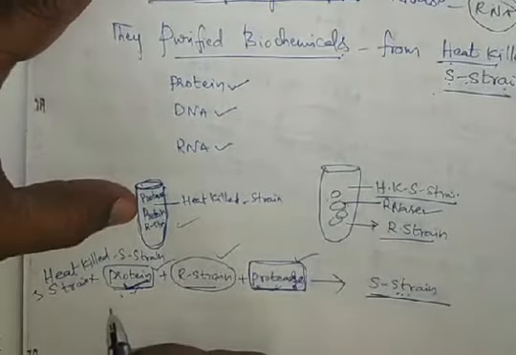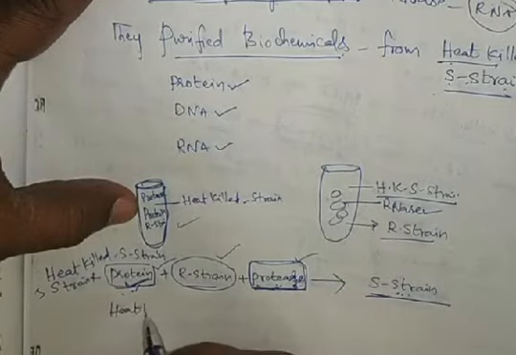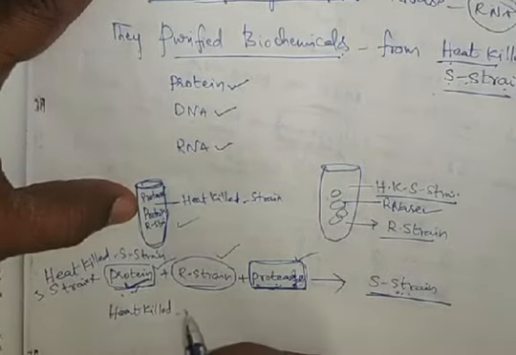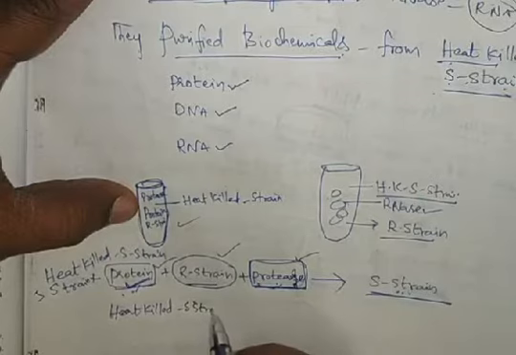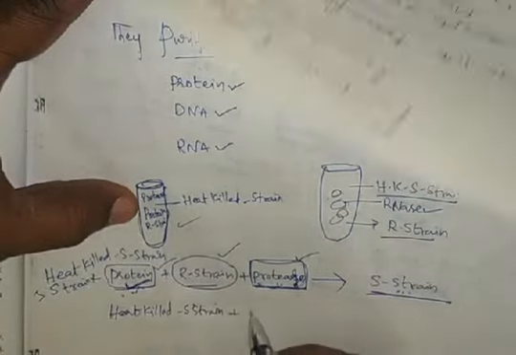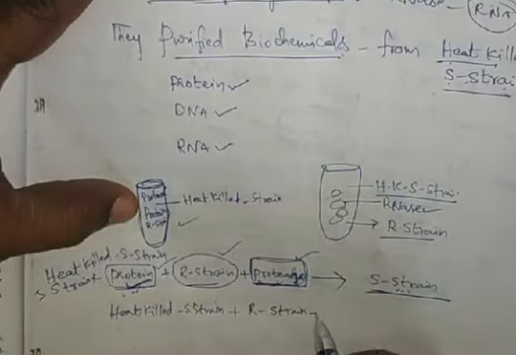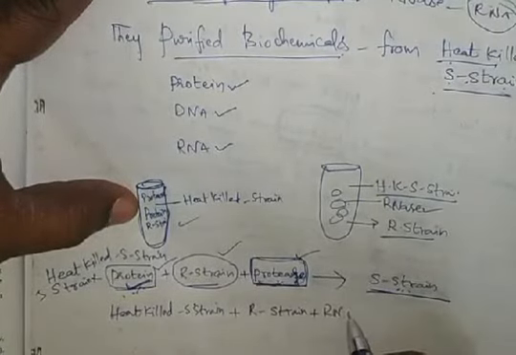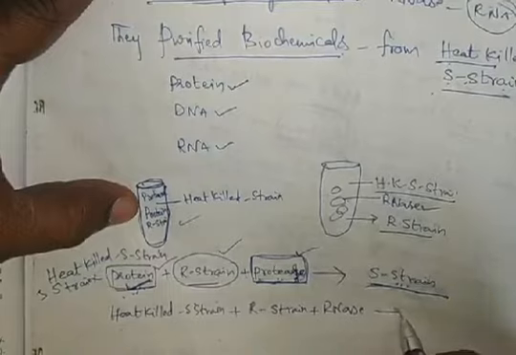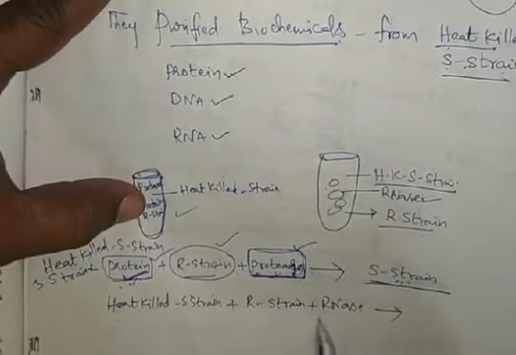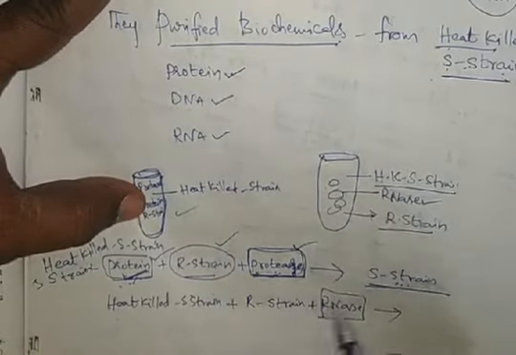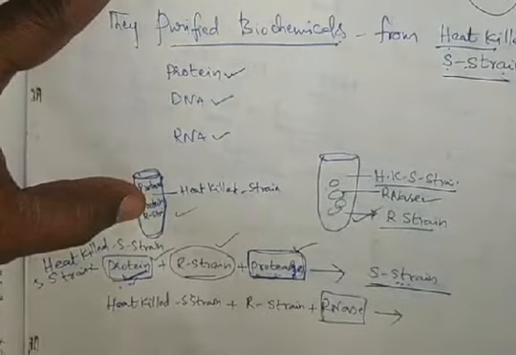So they took heat killed S strain plus R strain and RNase. When the RNase is present in the culture medium in the test tube,